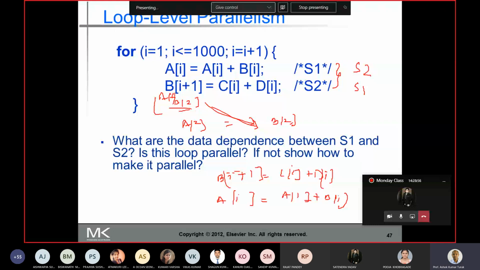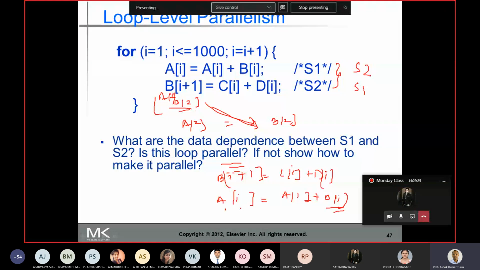Now let's take I is equal to 1. A1 is equal to A1 plus B1. If I compute I is equal to 1 before this, this is independent.